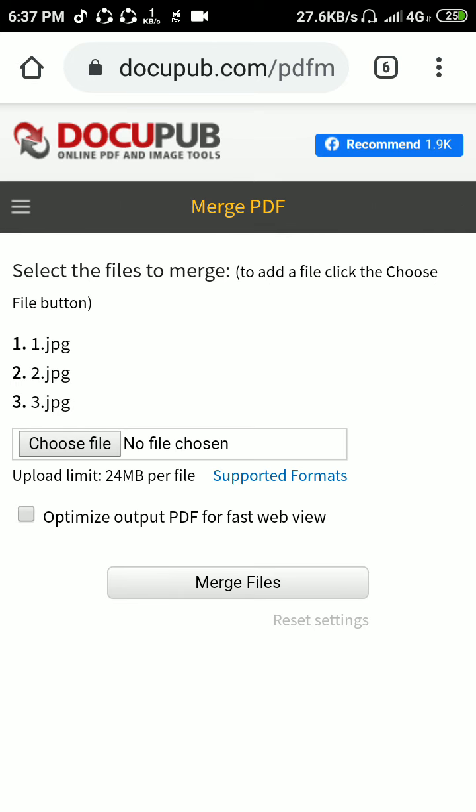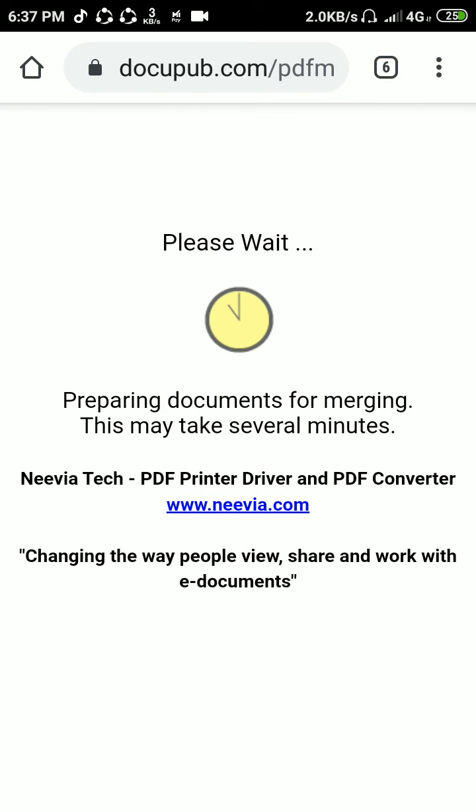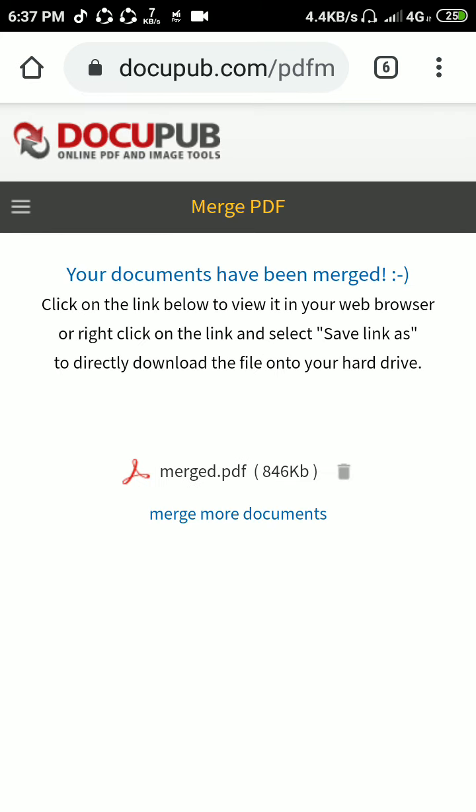And then click on merge file. This website takes some time to create the merged PDF file. After that, the file size and file name appear on our screen.